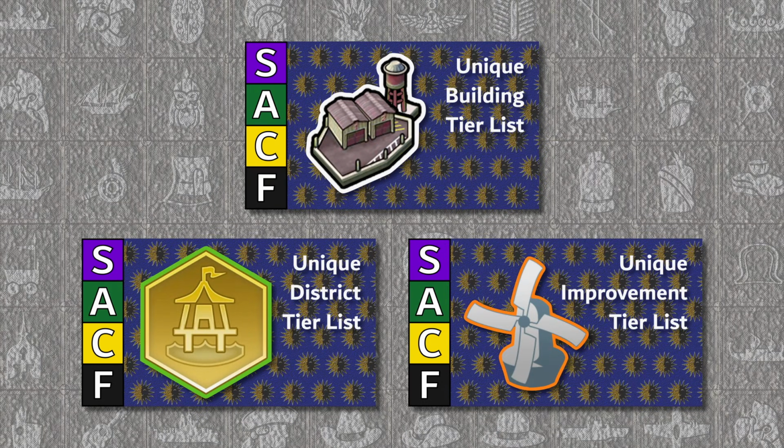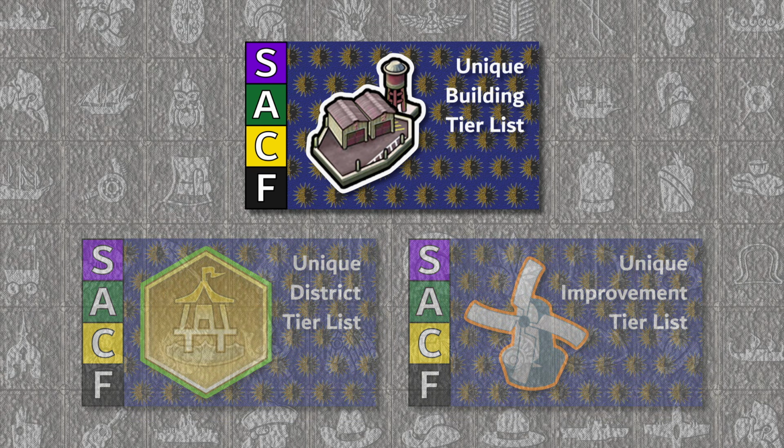Also, I've decided to break up the unique infrastructure tier list into 3 videos, one for buildings, one for improvements, and one for districts, and we will start in this video with the unique buildings. First off, this is so I don't have to compare apples to oranges as much, but also, it means that